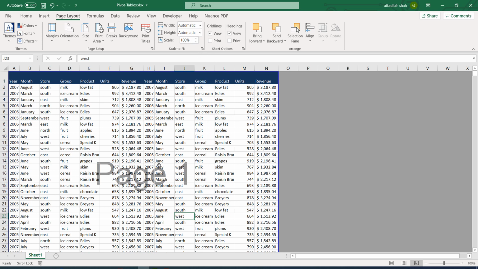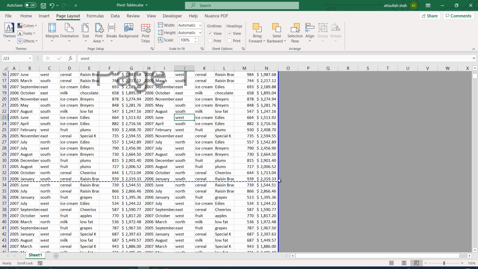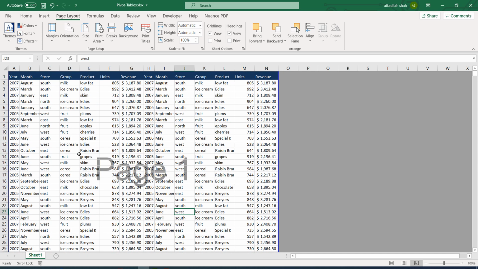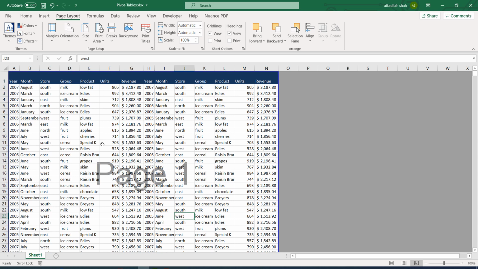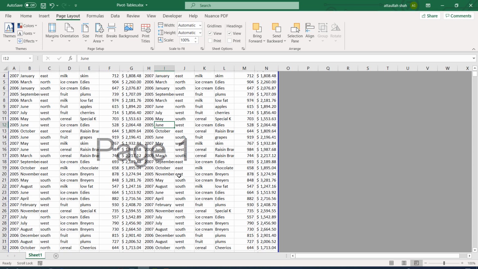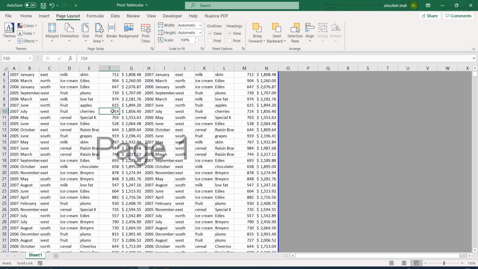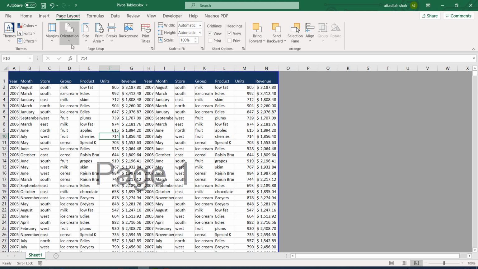So if you can reduce the size of some of the columns, and you want to include the left out columns or left out rows, that is also possible, but the most convenient one was to scale the document. So scaling means increasing the size of the text, as well as the size of the other things. Okay, so we learned orientation, we learned print area, we learned scaling.